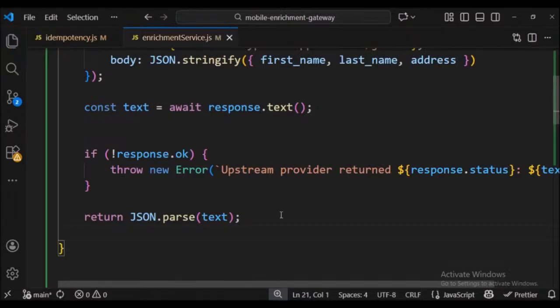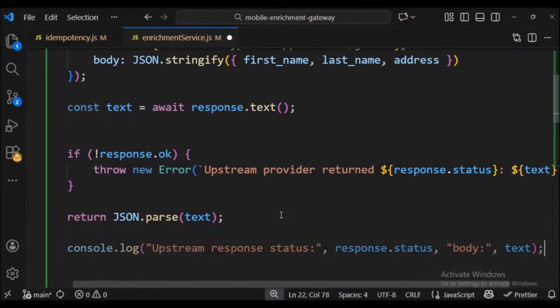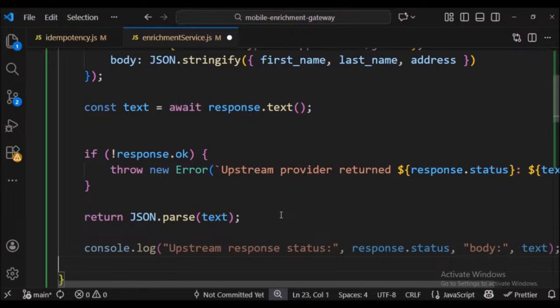In case of any network failure or runtime exception, we log the error and throw a generic upstream error. This prevents unhandled exceptions from crashing the gateway. Viewers, by modularizing the upstream call and handling both success and error scenarios, we ensure our gateway is robust, maintainable,